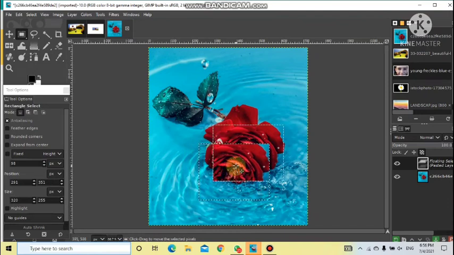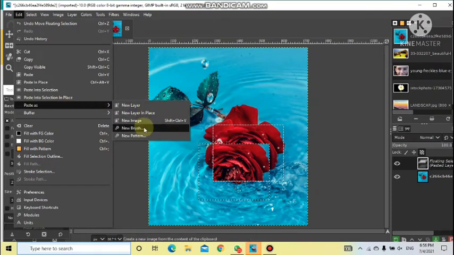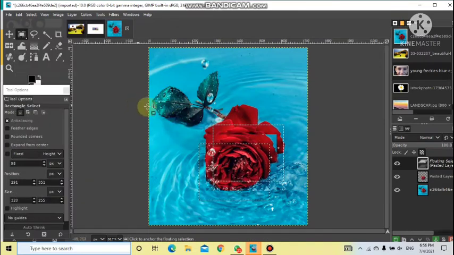You must remember that every image which you create or open will be opened with a default layer, which is the background layer. If you want to paste it as a different layer, you can choose the option paste as, and as a new brush, as a new pattern, whichever way you want to paste. You can paste it there as a new layer. The moment you click, a new layer will be created. So these are the different ways to paste the data, and most frequently you will be using Ctrl C, Ctrl V wherever you want to paste the data.